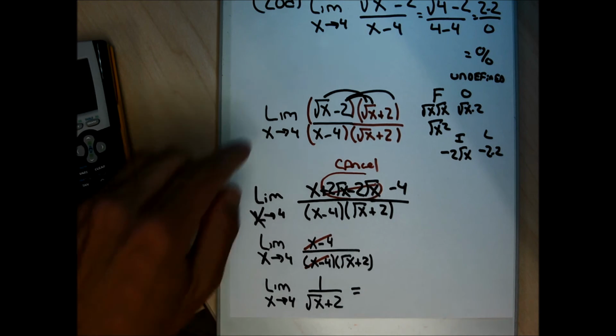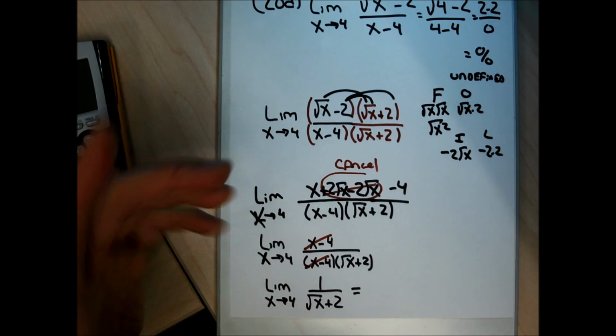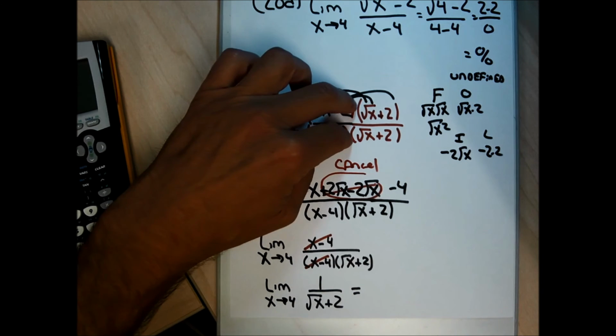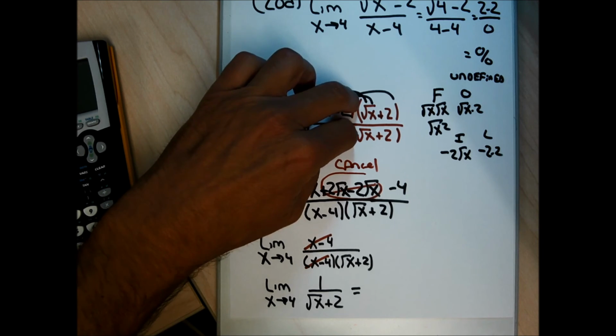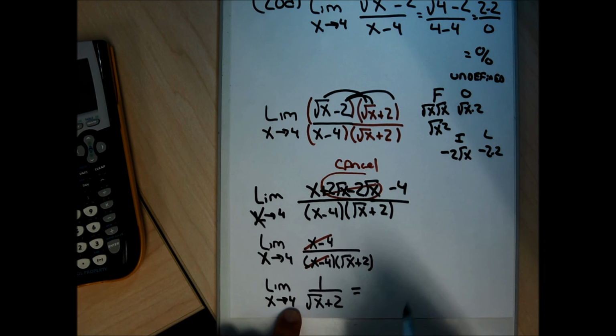The problem is, the original version of the problem, if I tried to plug the number in, it didn't give me what the limit is. So I needed to rework the problem by doing legal algebra, and multiplying a fraction by its conjugate over its conjugate is like multiplying the fraction by 1, which changes the way the fraction looks, but it doesn't change what the fraction equals. So I did the grungy algebra, and now I'm going to plug this number in for